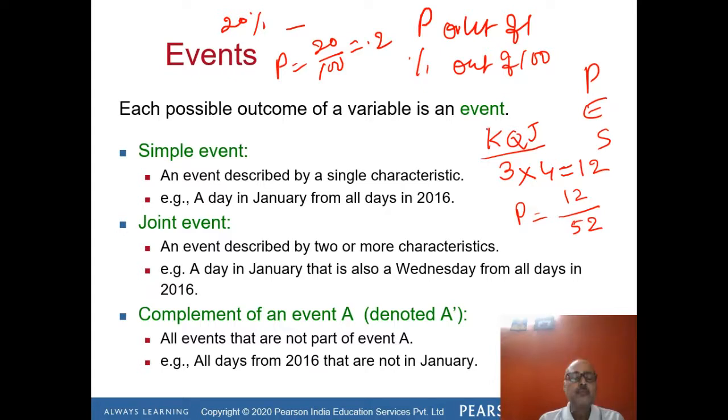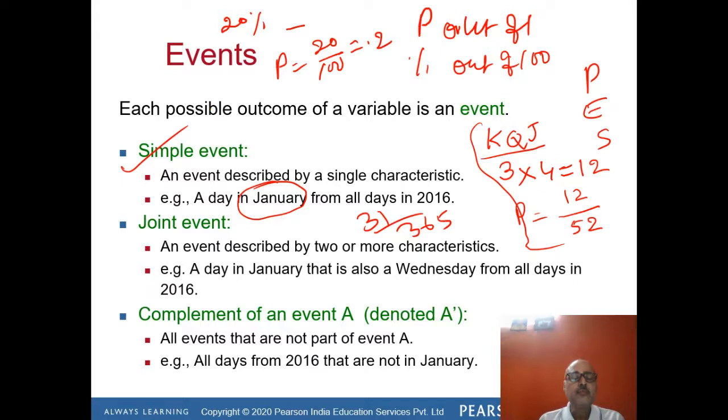Now this is all about how we can calculate the probability. Now coming to the next important topic, and the next important topic is events. If you are talking about one event, if you refer to the previous example, I asked about a day in January of a particular year. So in 2020, what is the probability of January days? So 31 divided by 365. So here you are talking about one particular event, January days. This type of event is called the simple event, one single event.